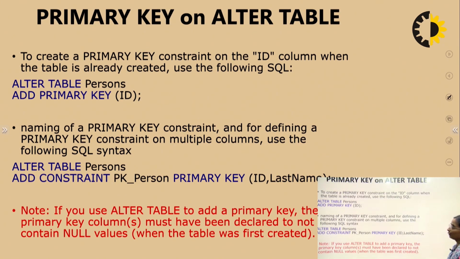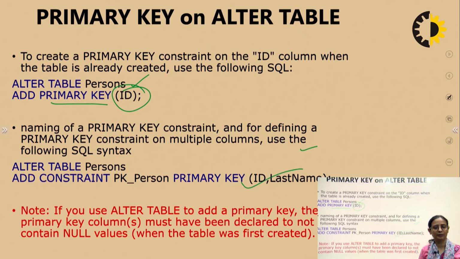What if I forgot to define the primary key at the creation time? Then I can do so with the help of the ALTER TABLE, ADD, the name of the constraint, and the column on which I want to apply that constraint. So that is naming a primary key constraint, and defining it on multiple columns, this we have already seen how we